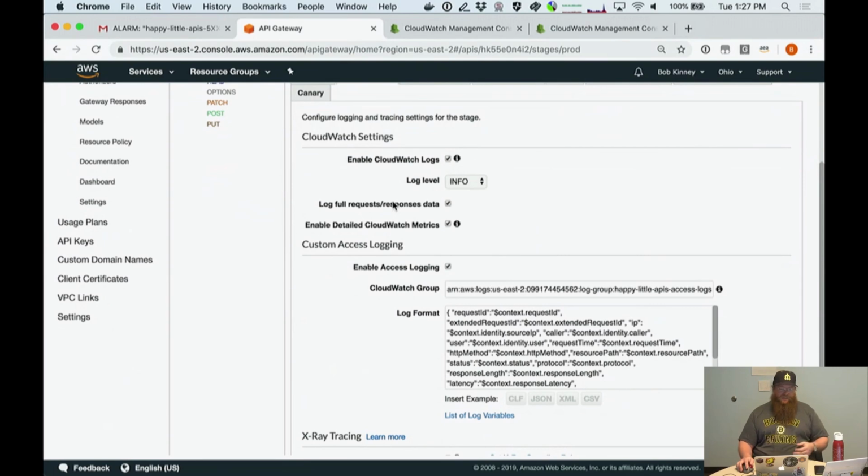This is not something that I would necessarily recommend for a live API, just because the contents of your API may be sensitive, and API Gateway does not currently support any sort of mechanism for scrubbing that data. So bear that in mind if you're using this, but it is a great way to quickly